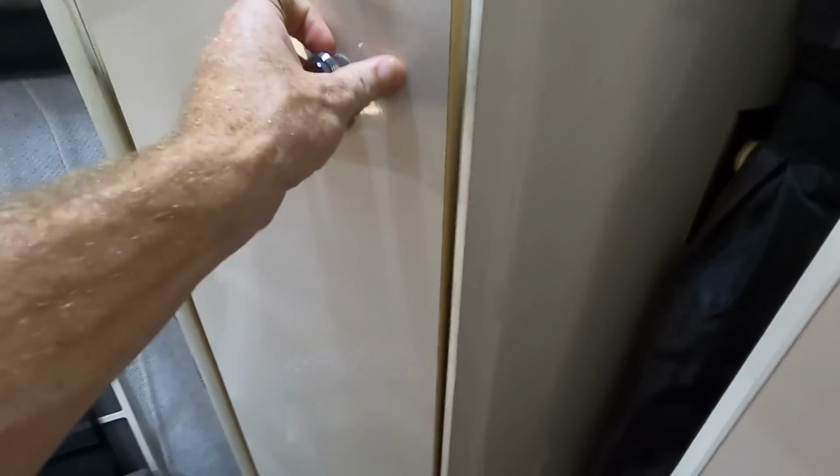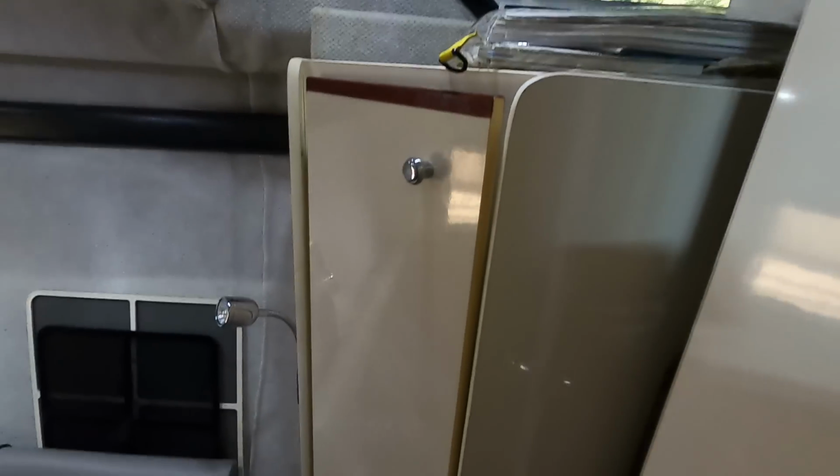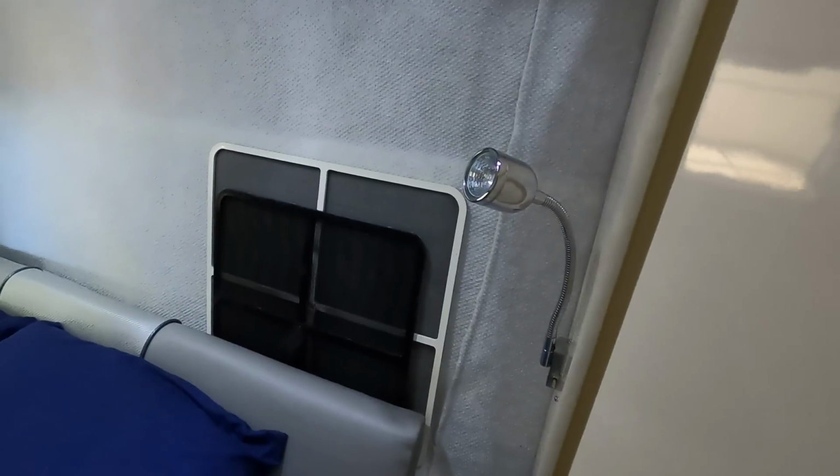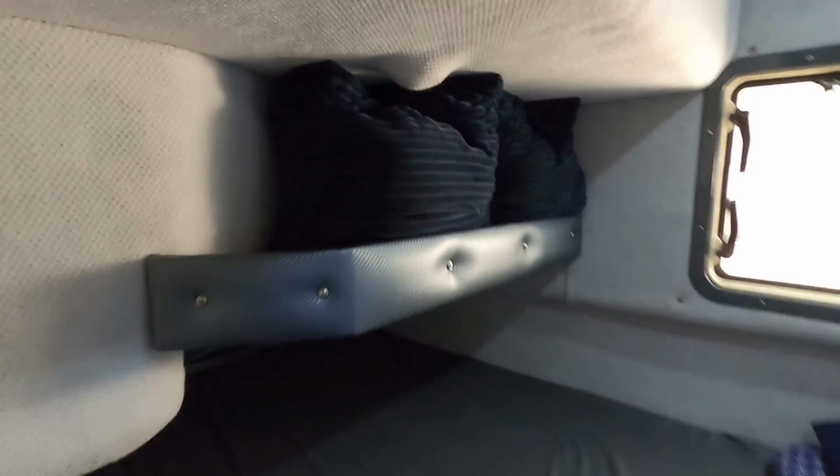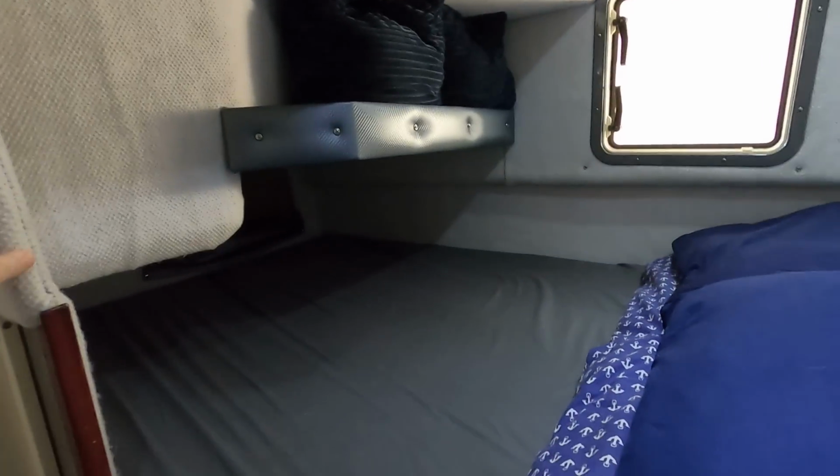another good size storage closet, another window curtain. That one's pulled up, and then we've got two screens right here. One of these screens is for the bow hatch, and the other one is for this hatch right here at the back of your mid cabin bed. A little storage shelf just over top of this mid cabin bed. And again, same thing here. We've basically got the newer